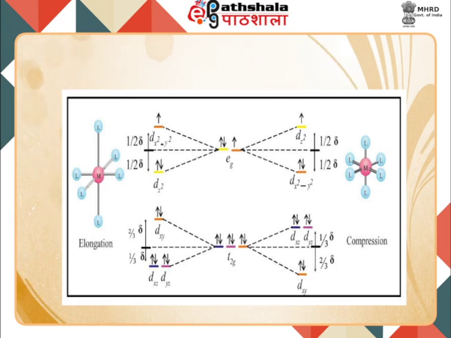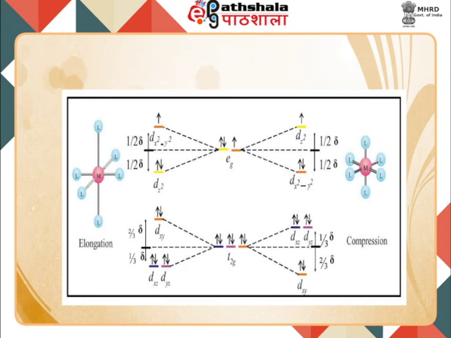There is incoming ligand interaction along the z-axis to a greater extent as compared to the x and y axes. Consequently, the z-axis is elongated relative to the x and y axes. In the otherwise situation, if we consider the last electron is going to occupy the dx square y square orbital, the electronic interaction will finally lead to lowering of energy of the dx square y square orbital, and thus we can say that the z-axis appears to be compressed as compared to the x and y axes, and thus it is called